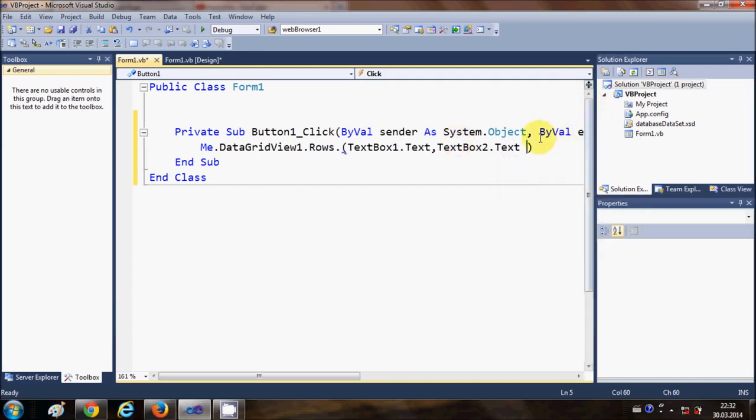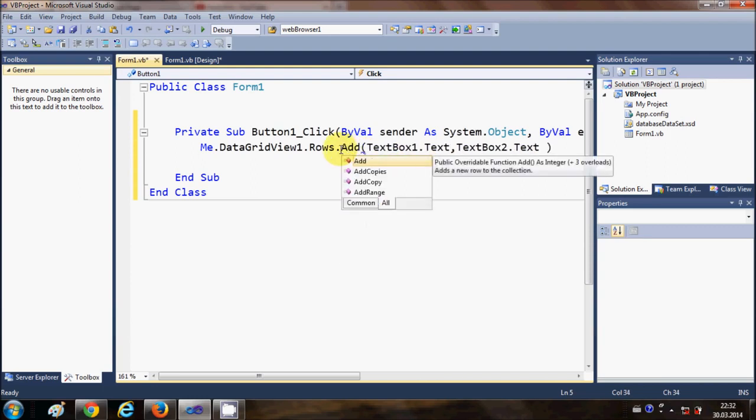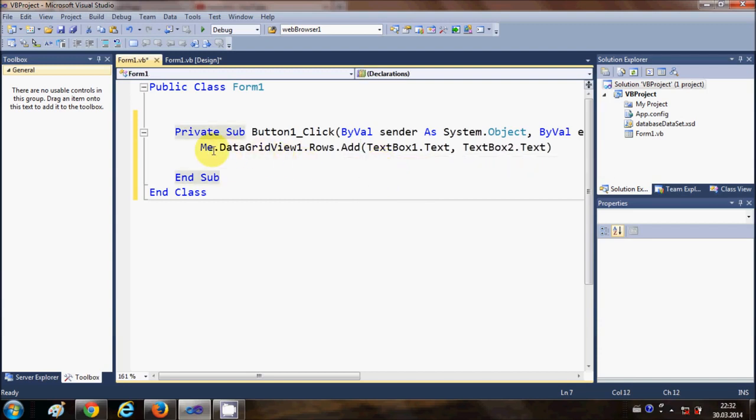Okay, and this will be added here. So just write this line, me dot data grid view dot rows dot add, and as an argument just write the text box name of first text box dot text comma text box name for second text box dot text. So this argument will be the number of columns which the data grid view has. Now when I run the program,